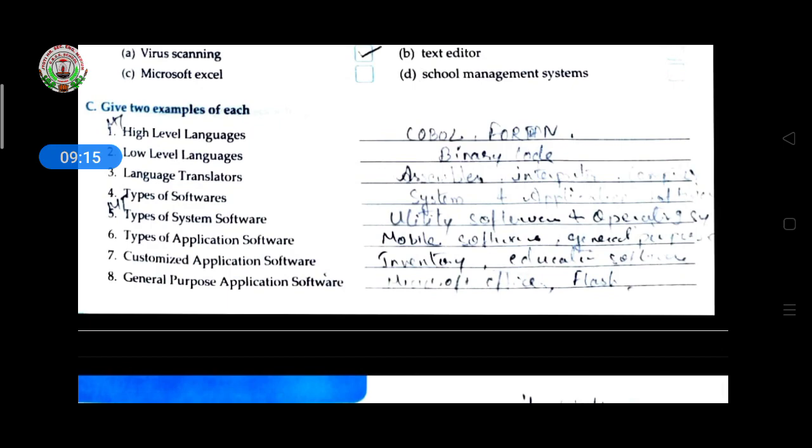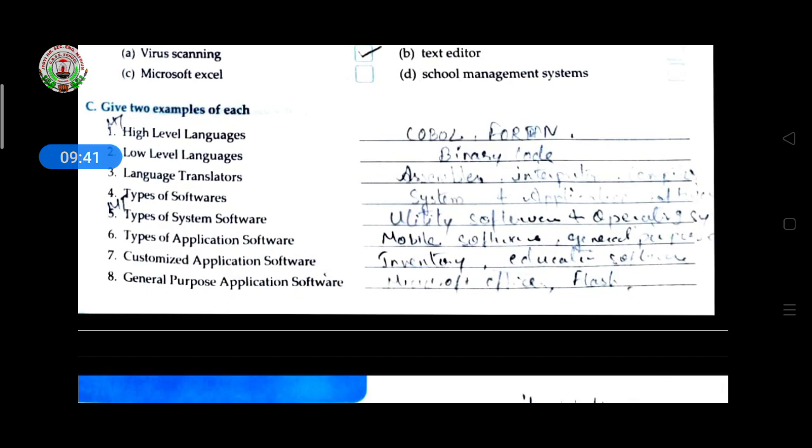Types of software: system and application software. Types of system software: utility and operating. Then types of application software: mobile software and general purpose software. Customized application software: inventory and education software.